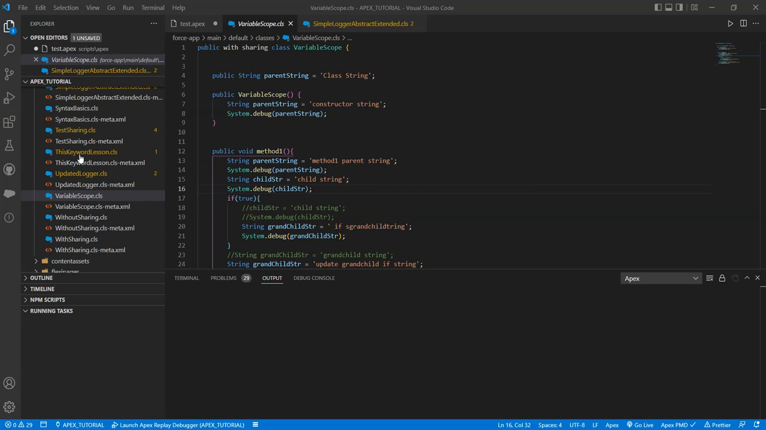And custom metadata is a custom object that can be used to define metadata for an application or metadata for pretty much anything that we want. The benefit of using custom metadata is that custom metadata records can be deployed. Unlike regular custom objects where each record would need to be loaded in each environment separately, custom metadata can be